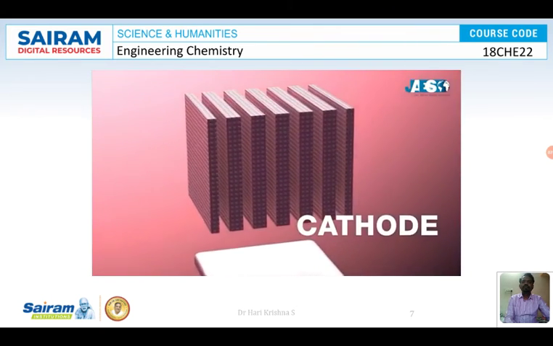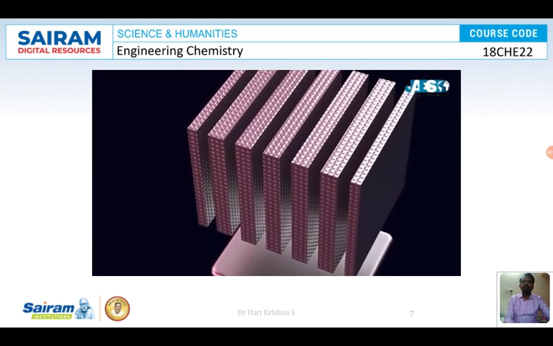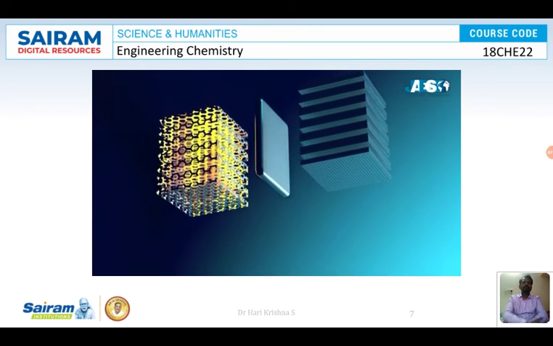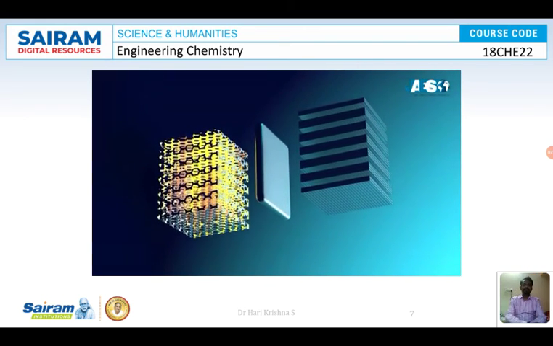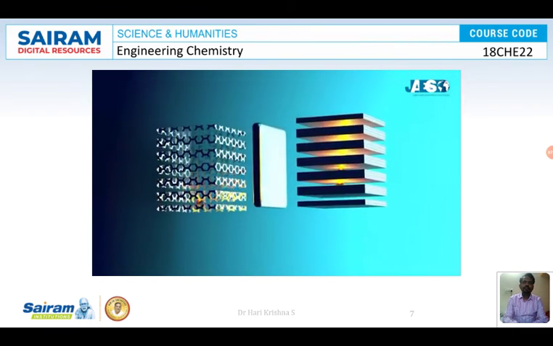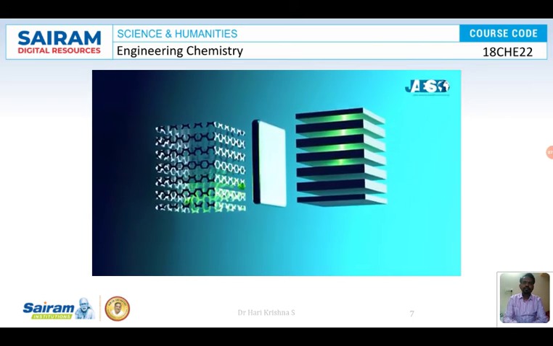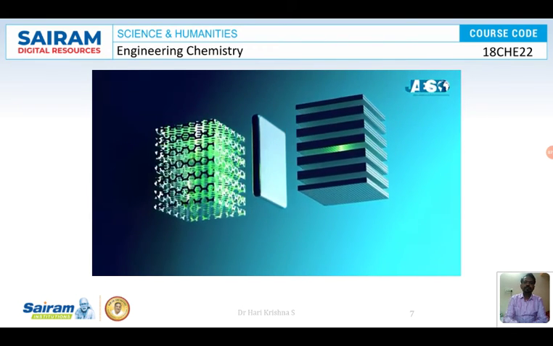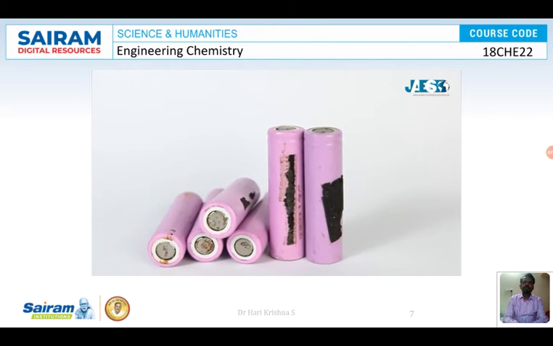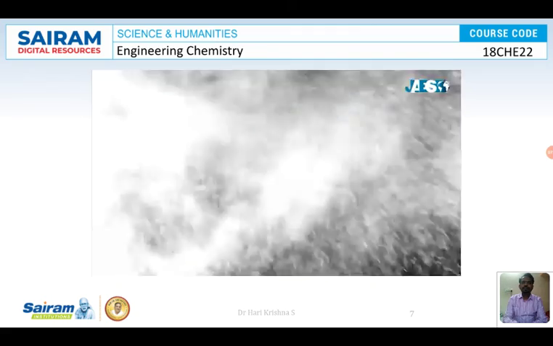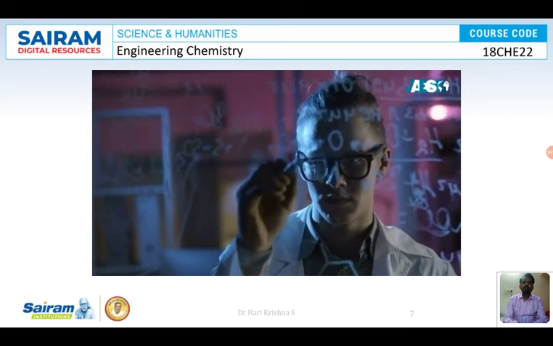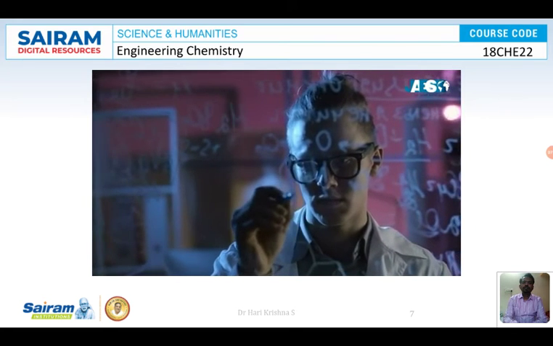Instead of the cathode, Whittingham used a metal made of titanium disulfide, a compound that can store lithium ions inside. This is the first lithium battery. Whittingham's battery worked like this. The lithium ions and electrons moved from the anode to the cathode with titanium disulfide. Then they were brought back when the battery was charged. The only problem with this battery was the lithium metal used in the anode, which caused explosions. Even if some changes were made, Whittingham's work was discontinued due to the oil price fall.